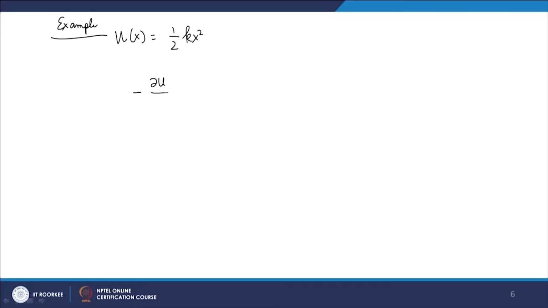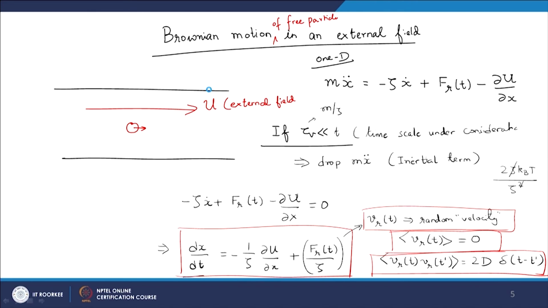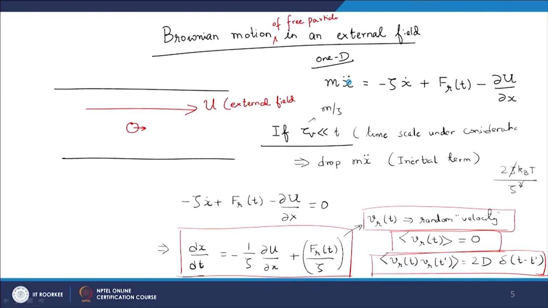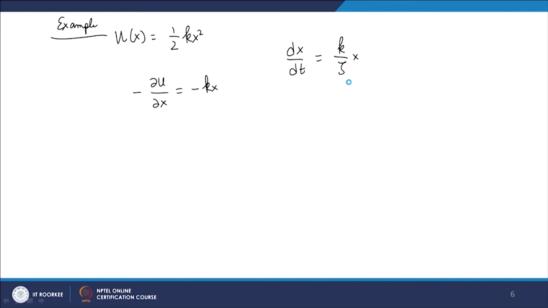So, in this case minus dU by dx is equal to minus k x, and therefore, we get dx by dt is equal to minus k by zeta x plus v_R(t). Again the v_R satisfies the relation